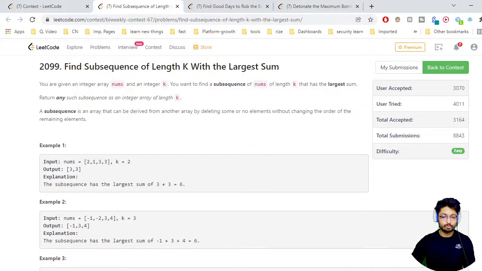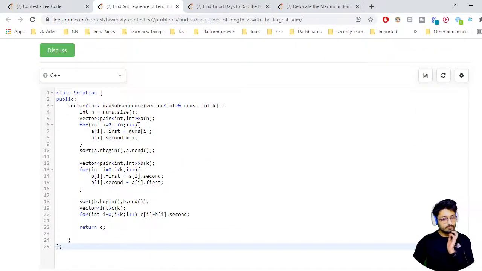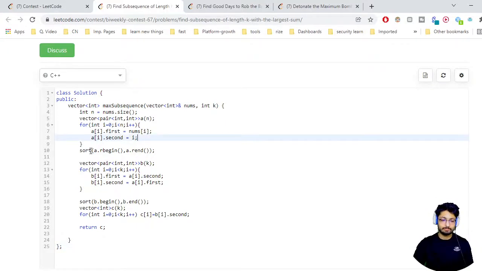I'll go to the code, so it will become more clear. We first make a vector of pairs, mapping the number with the index, and then sort them. After sorting, I extract the first k elements, but now in the end I have to sort them again by the indexes. So I take out the first k elements, where the first element is the index and the second is the number itself, and then sort them by the index. Then, when they are sorted by index, we extract the k numbers by the sorted positions and print out the answer. That's the whole solution, nothing much complicated.